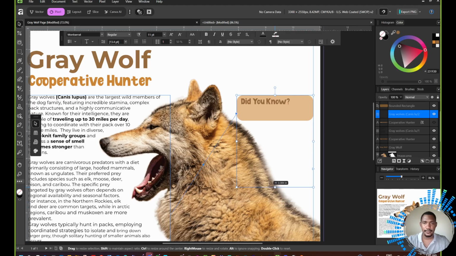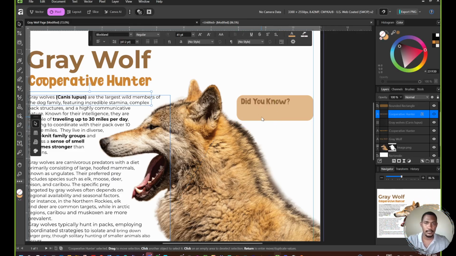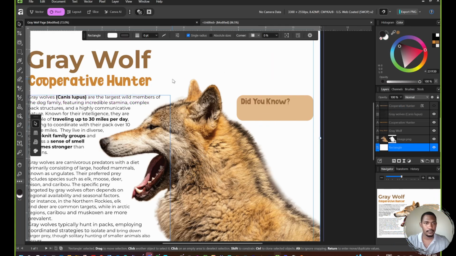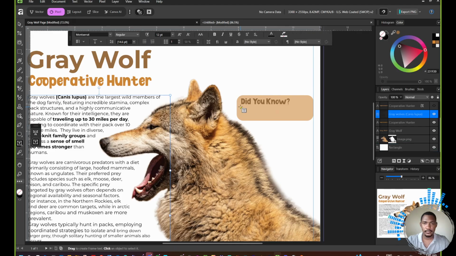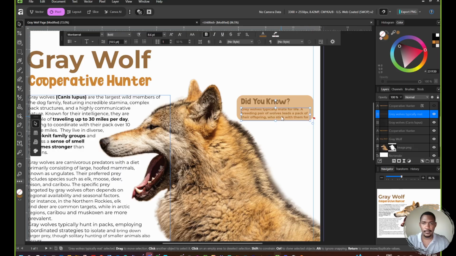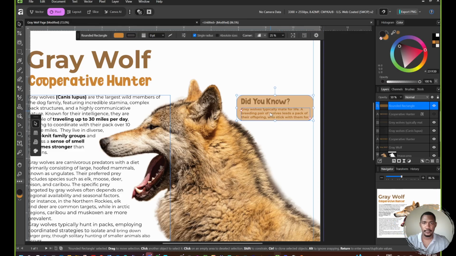Now, because I already have this here, it's going to assume I'm trying to type inside it. So because I don't have any text in there right now, I can just delete it. And then frame text tool, let's draw an area where I want the text to be. Please place it in. And for the text, here's what I'll do. I'll probably elongate this. And for the text as well,